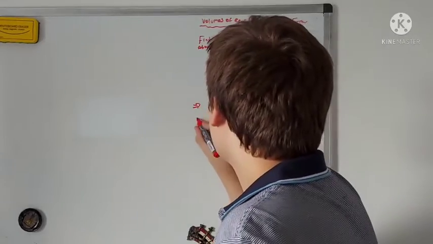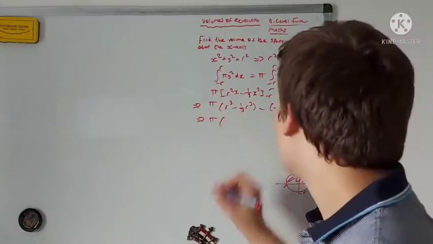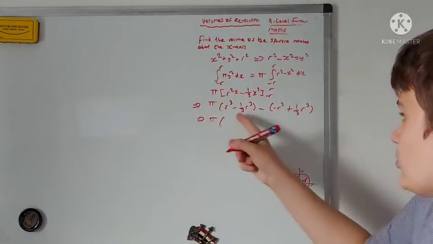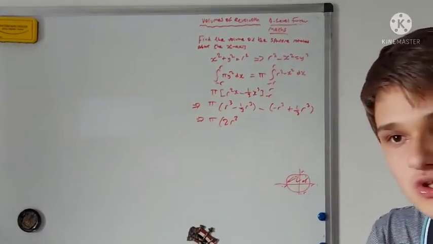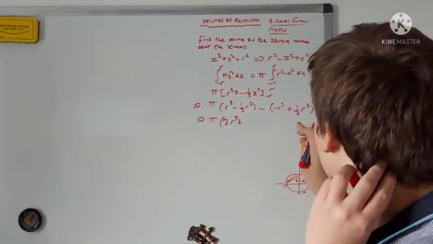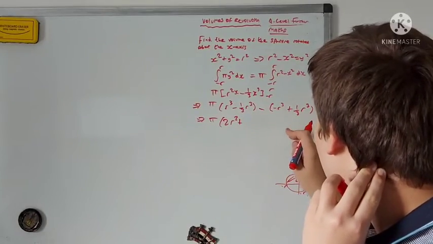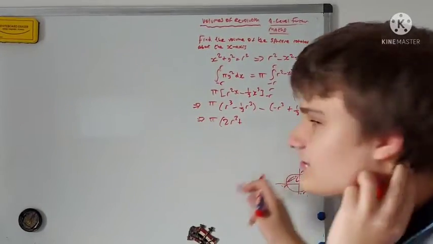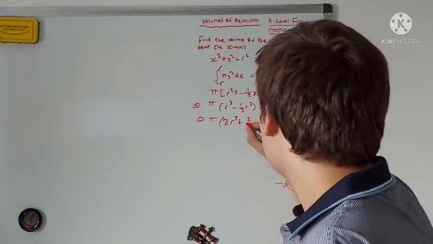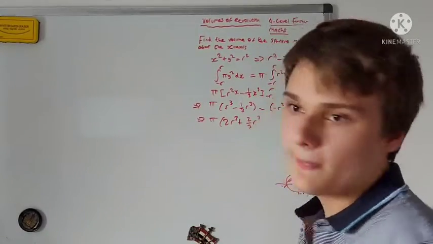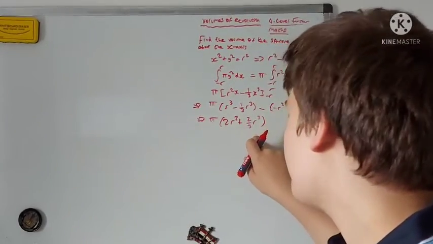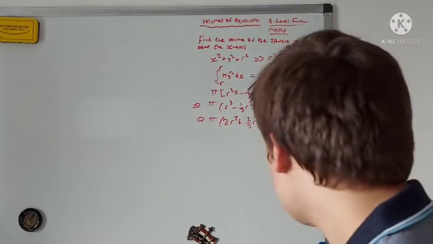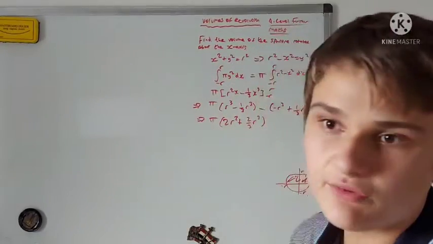So I've got pi, this seems pretty explicit, of now how many r cubes do I have? Well, I have r cubed minus a minus, so it'll be a plus, so I get 2 r cubed. Seems like it actually works, it's awesome, isn't it? So I'm going to get 2/3 pi r cubed. Now, 2r cubed plus 2/3 r cubed will get me to 4/3 r cubed times pi. Well, it'll just be